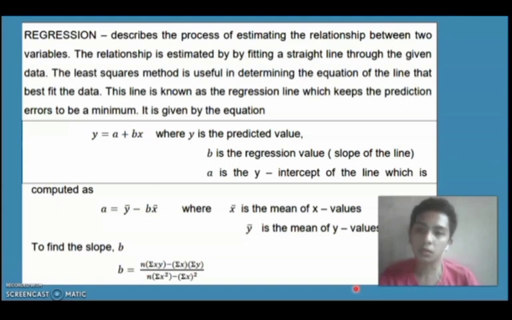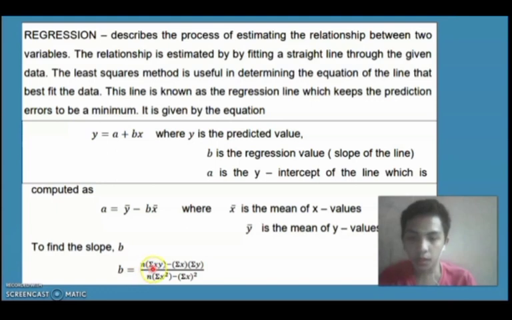It is given by the equation y equals a plus bx, where y is the predicted value, b is the regression value or the slope of the line, a is the y-intercept of the line, which is computed as a equals y-bar minus b times x-bar, where this symbol is the mean of x values and this symbol is the mean of y values. To find the slope, b is equal to